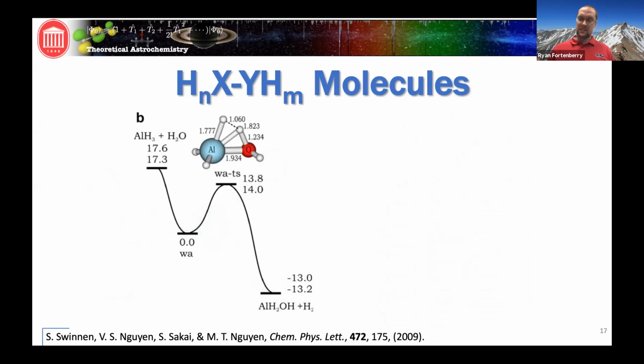This molecule has been studied before, from the perspective of alternative fuel generation. Can we use alane, AlH3, and water to produce hydrogen? From this previous study from about 12 years ago, they were able to show that if you have alane and water, they will combine together. You have to go uphill, but you can come downhill. And when you come downhill from that submerged barrier, you'll create this AlH2OH structure. Oh, that's pretty cool. But how does it go downhill in the first place? This is the beauty of it.